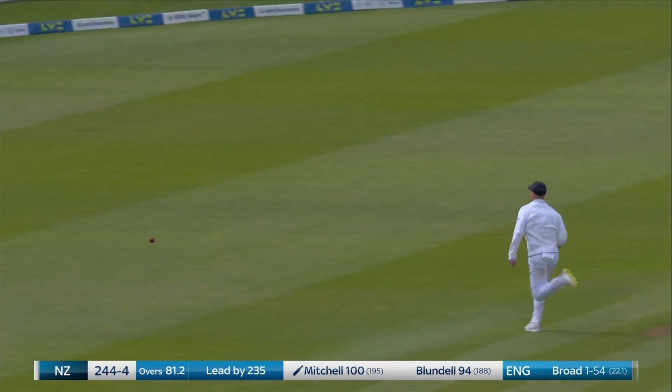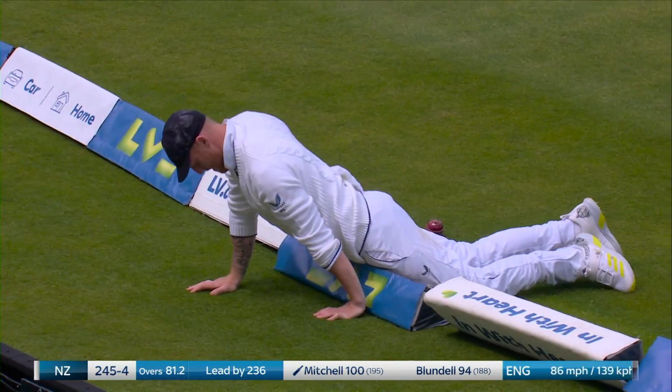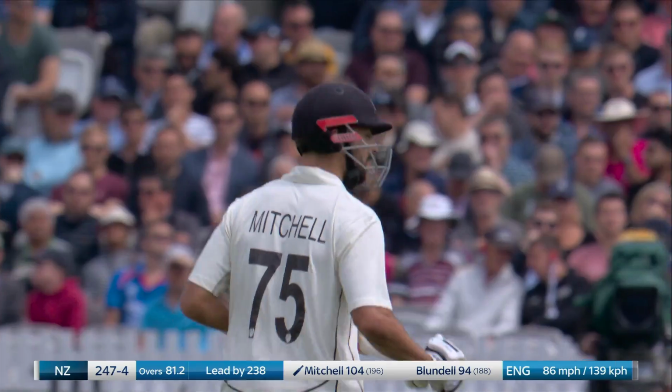Wasn't trying to get that square. That's where the gap is, but you sense that Mitchell was trying to drive that a little straighter, and in the end